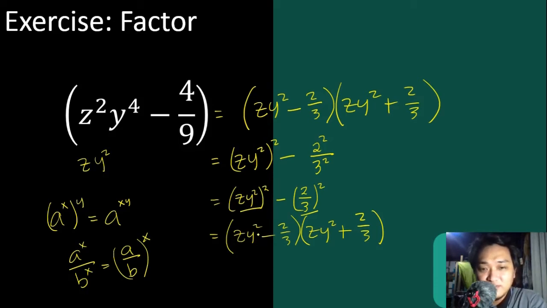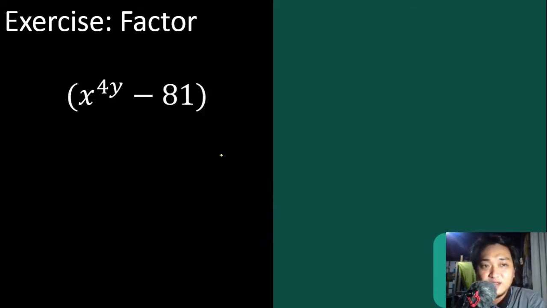Okay, let us have another example. Let us have x raised to 4y minus 81. Ayan, medyo kabado tayo kasi merong monomials exponent. Okay. Again, gagamitan lang uli natin yan ng property. Anong property yan? The property will be